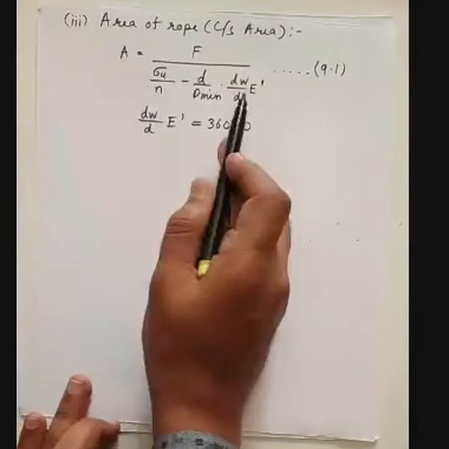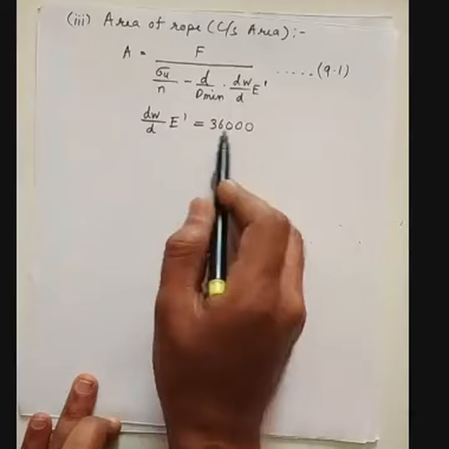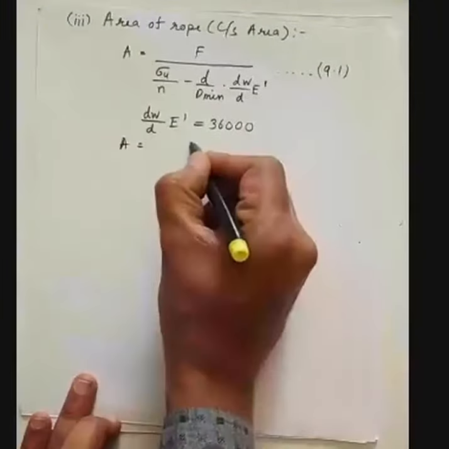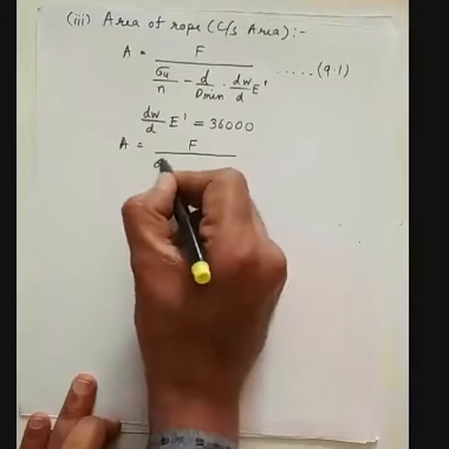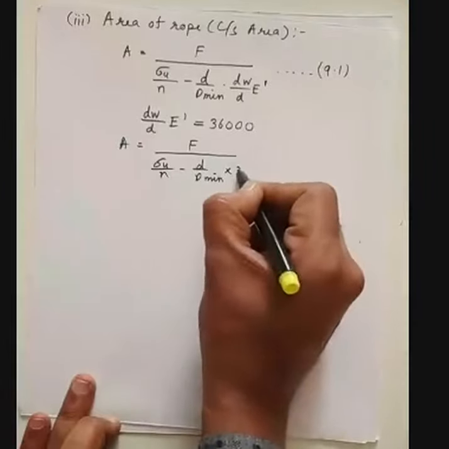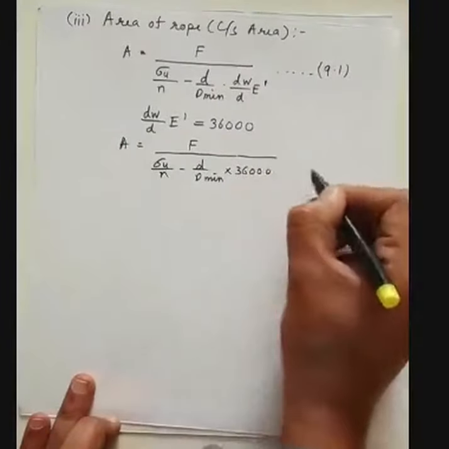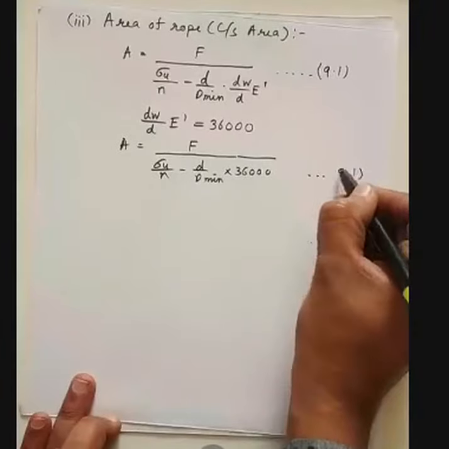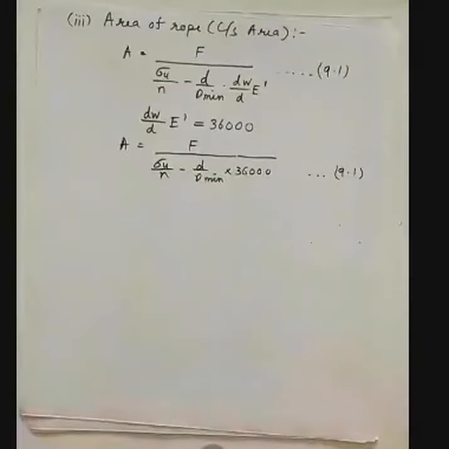Just see it. This is the formula of A that is written in 9.1. Instead of this, you have to write this in that formula, so we'll just change that. Everything we have got from PSG, into 36000. That is again from PSG 9.1. Nothing we have to assume here, right? So if we want to get the area, we have to calculate what we mean by F, then sigma U and D by D mean. These values we have to assume or take from that PSG.